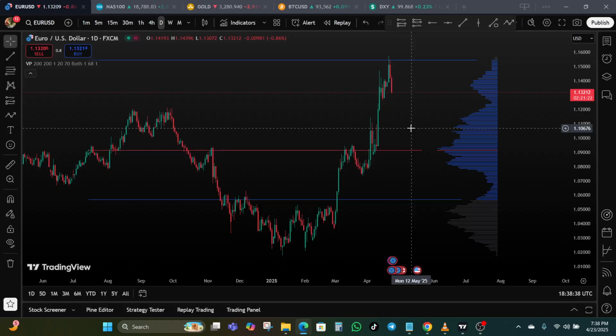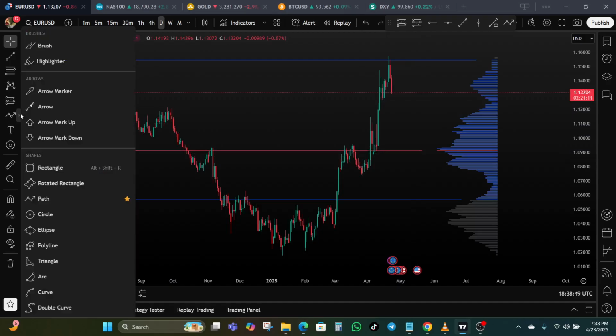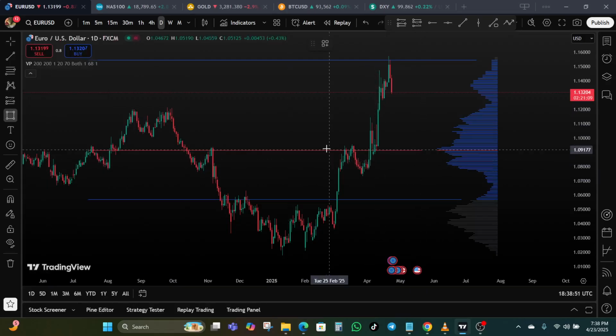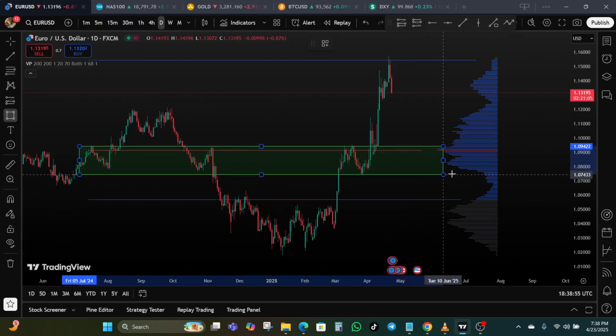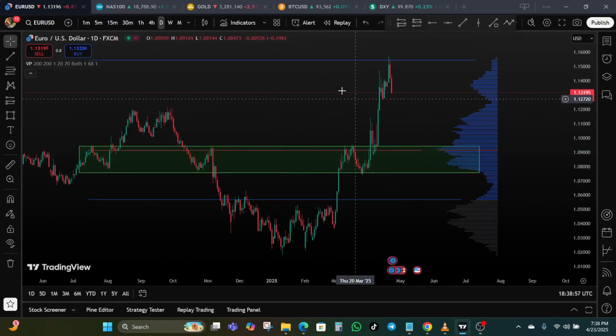Now, there are two ways to trade them. One is rejections and the other is breakouts, right? For rejection trades, you wait for price to enter the high volume zone. You can see that we have a high volume zone around here, right? So wait for price to enter the high volume zone,